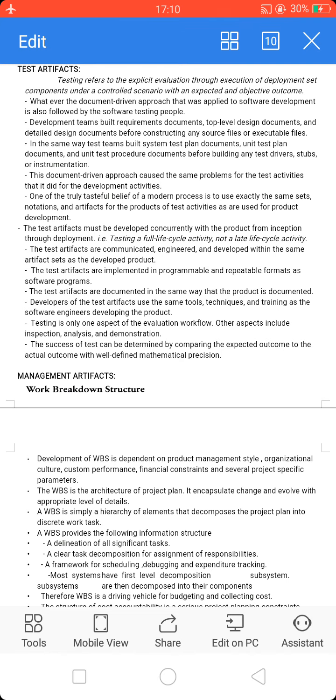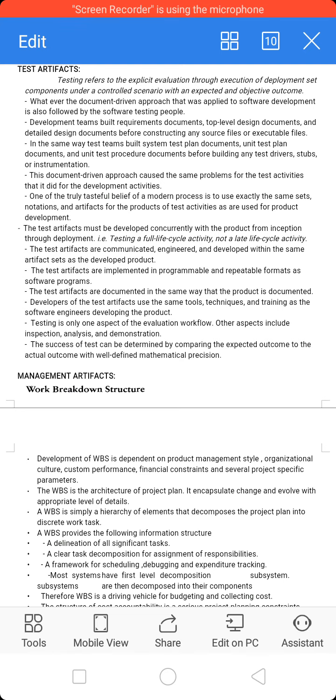So before building the drivers, this document driven approach caused the same problem for the test activities that it did for the development activities. Here also we got some problem. One of the truly discriminating tenets of modern process is to use exactly the same sets, notations, and artifacts for the products of test activities as are used for the product development.